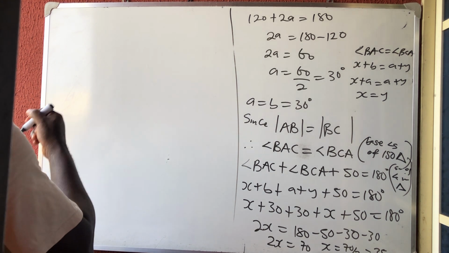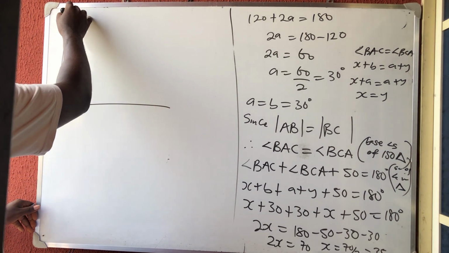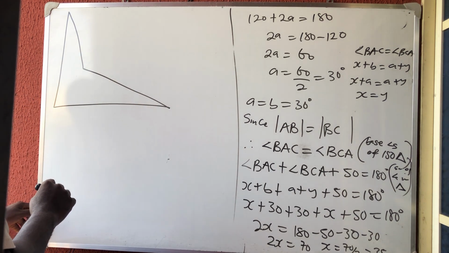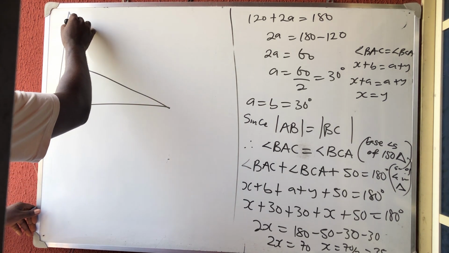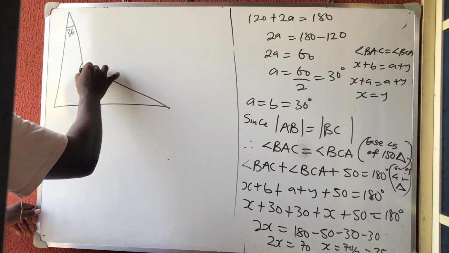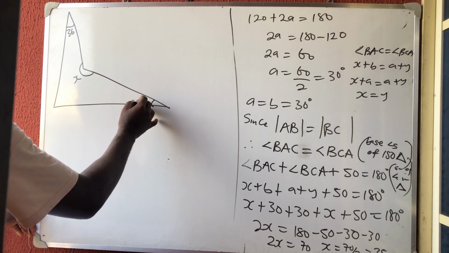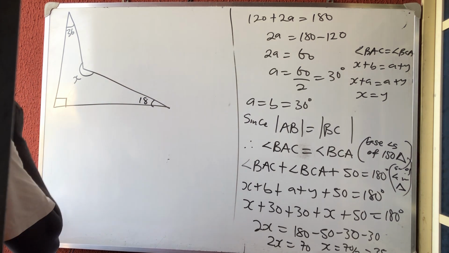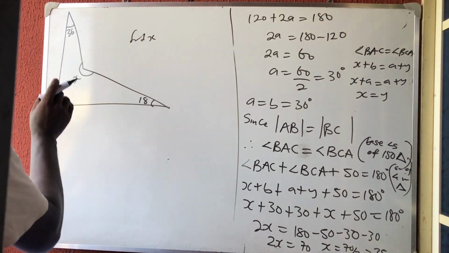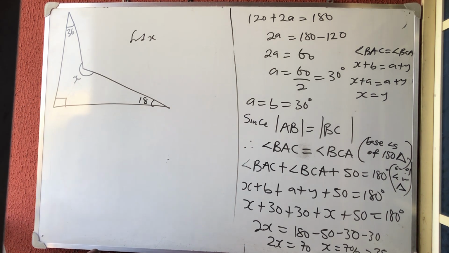Okay, the next one, look at this one now. I'm having an angle like this. This one came this way and went this way. And they say that here is 36 and here is x, and here is 18 and here is 90. They say find x. Now if you look at this shape, it has 4 angles and it is a quadrilateral,